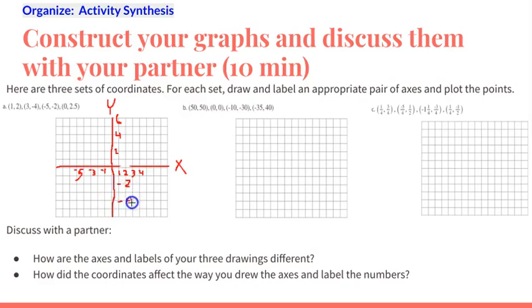Okay. What about here? We've got 50, 50, 0, 0, -10, -30, -35, and 40. Yeah, again, we're going to use probably all the quadrants again, right? So all 4 quadrants. But the question gets to be, how are you going to draw them? Hang on. All right, not great, admittedly, but